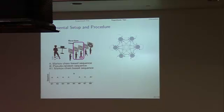For example, there are 6 targets, and if the first target is number 1, the next target can be any one of the remaining 5, but with a probabilistic structure. So, for example, the first step is number 1. The next step has a higher chance to go to number 2, but the least chance to go back to itself, which is number 1. So this is probabilistic. We use the probabilistic sequence from block 1 to block 4, and then we suddenly change